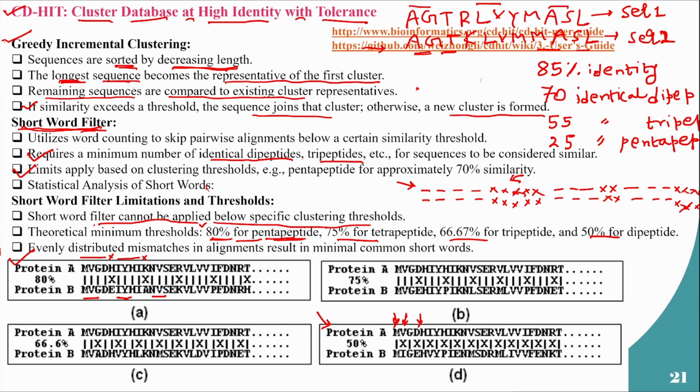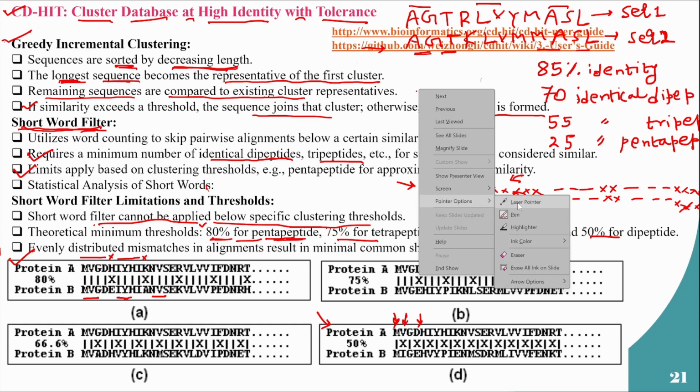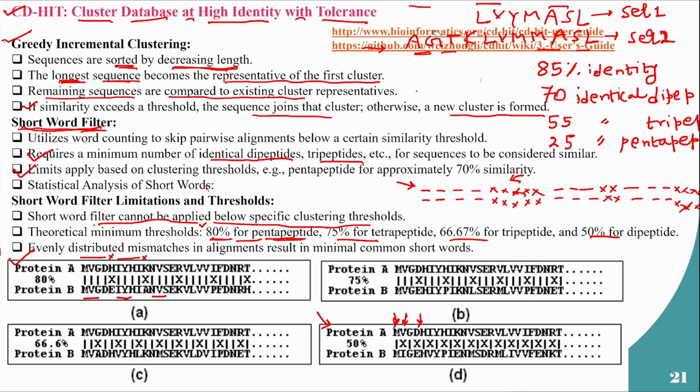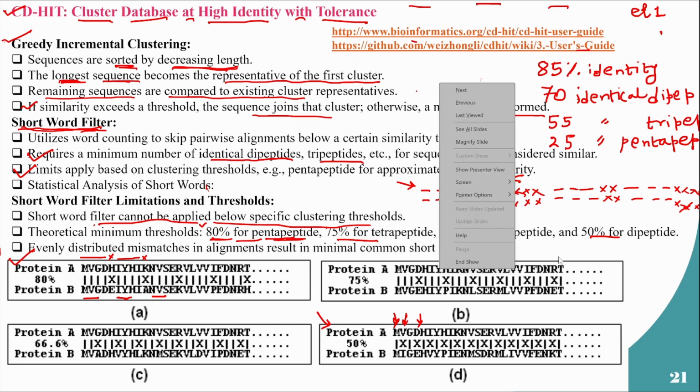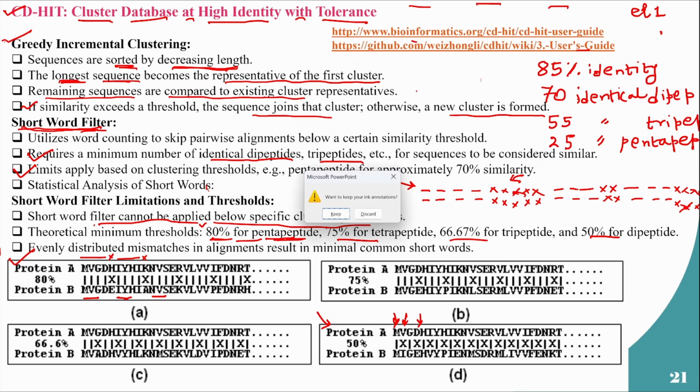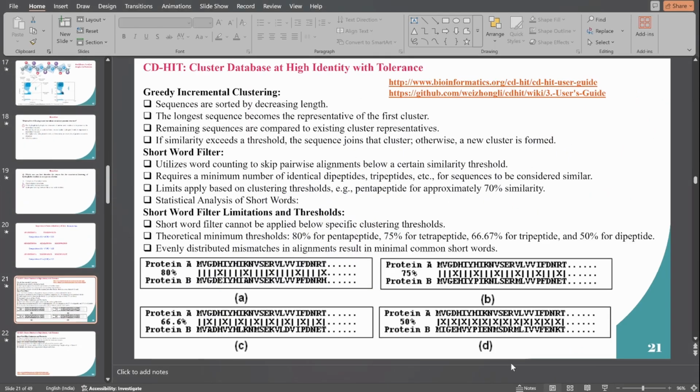So in the slide, basically what I have done is I have given two links which you can maybe take a look at later. So these are the links for the software, right? And some of the user guides that are mentioned for CD-HIT particularly. So if we take a quick look at an example,